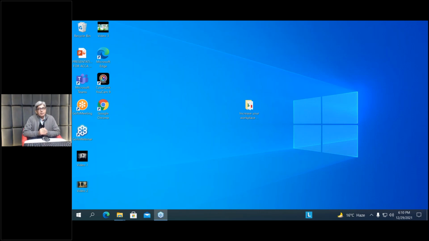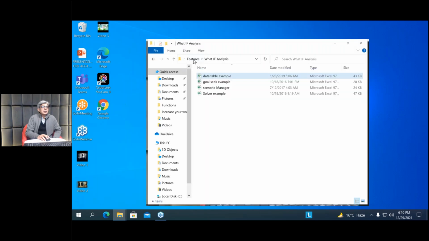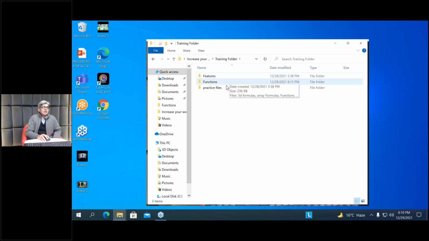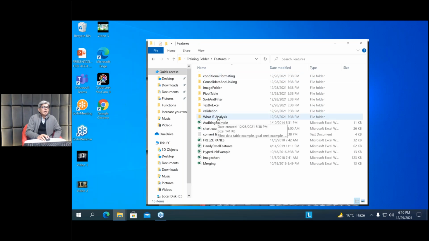You can download them from there, or if you have access to the Google Drive, you can download from there as well. We have the training folder, right? In the training folder, we have three subfolders: features, functions, and practice files. Open the features folder, and you will see one folder which is what-if analysis. If you open it up, you will see